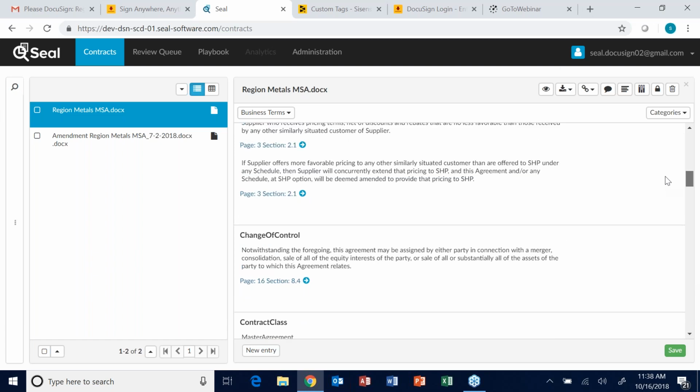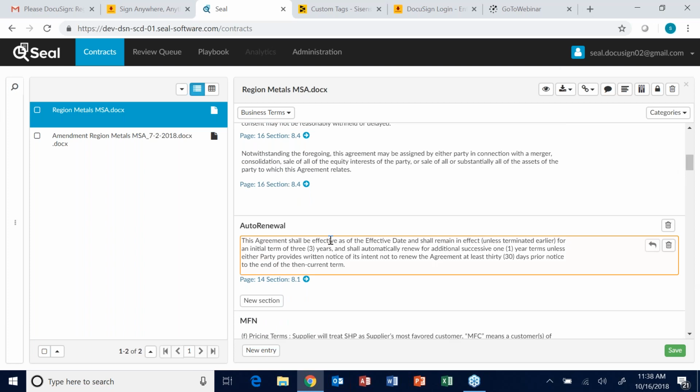So now that we have all this information at our fingertips, again, what we can do is, in addition to extracting the language, we also call out which page number and which section number this obligation was extracted from within this agreement that we have highlighted. And I could click on this jump to link that you see here. If I were to click on this,